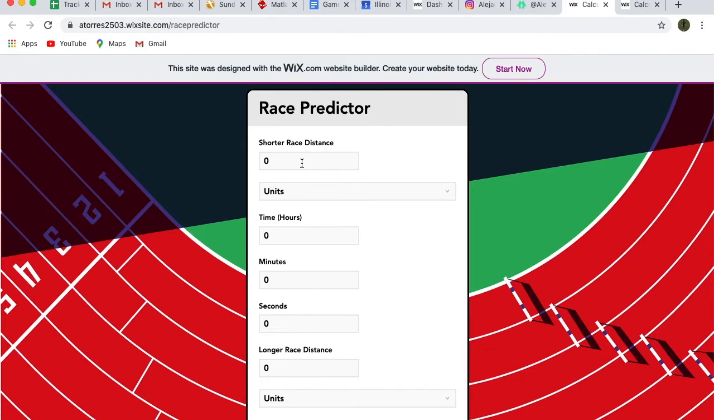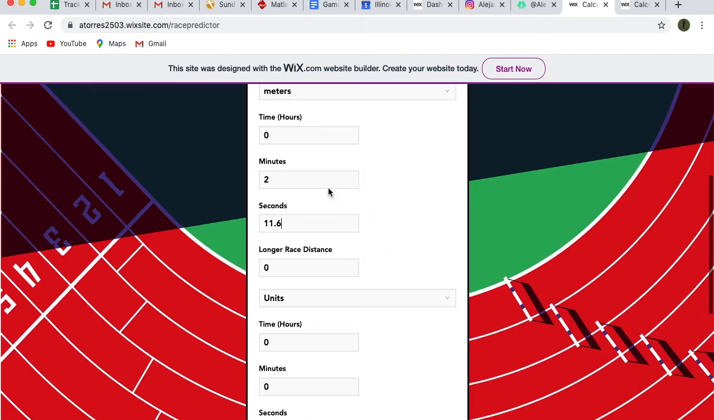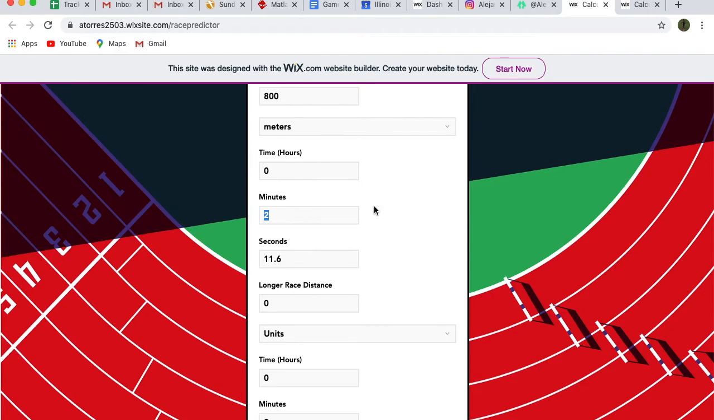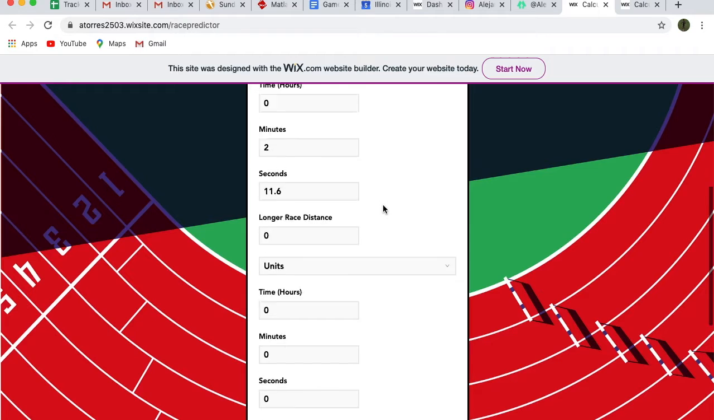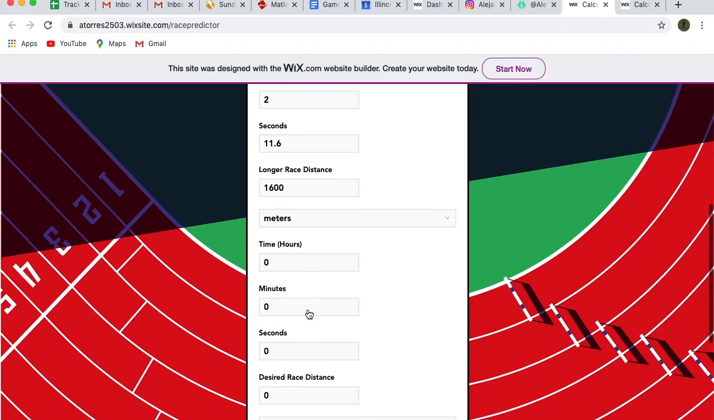So here I will show you an example of how it works by using my own statistics. If I enter my 800 meter PR of 2 minutes and 11.6 seconds. And by the way, the seconds field accepts up to 2 decimal places, and the hours and minutes do not accept any decimal places. So anyway, there's my 800, and let's say I enter my 1600 meter time of